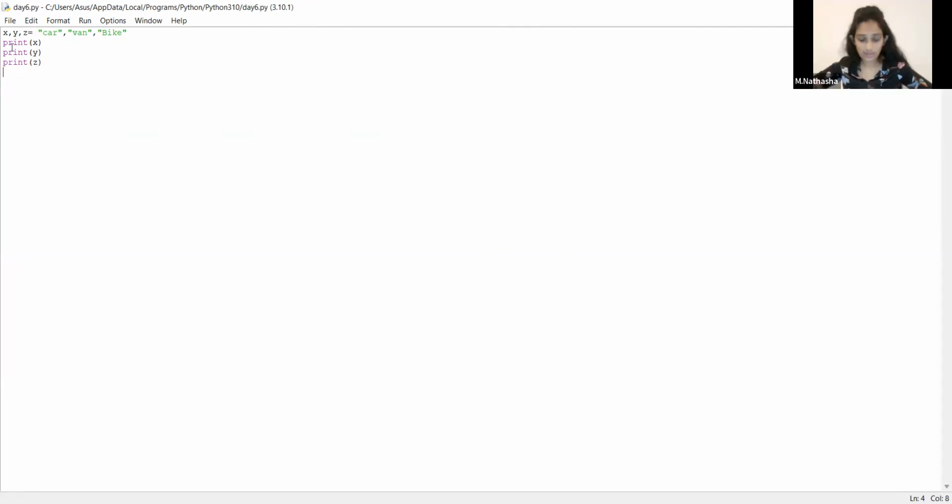Then now we are going to give one value to multiple variables. Here we created multiple variables and gave different values. Now we are going to create multiple variables with one value, right?